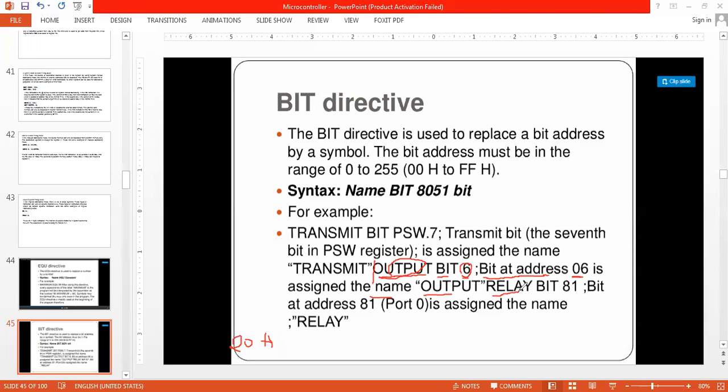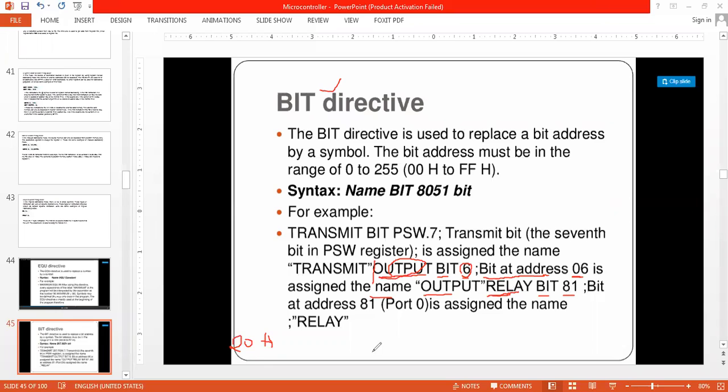Relay is a name, bit is the bit directive, and then 81. So 81 is a bit address that is going to be assigned the name relay.